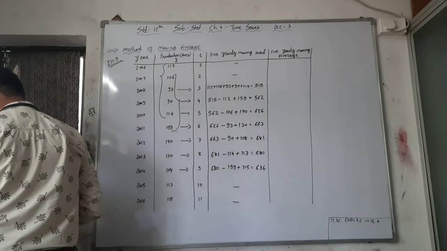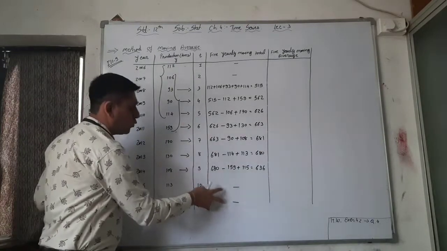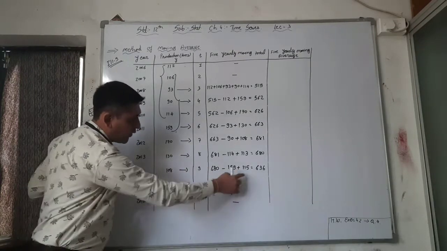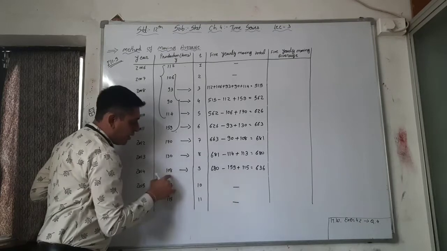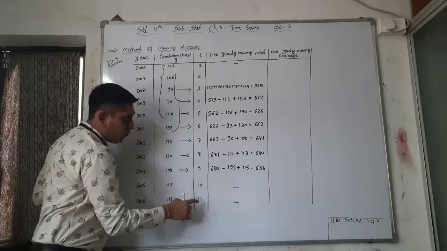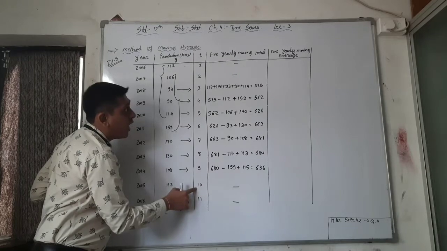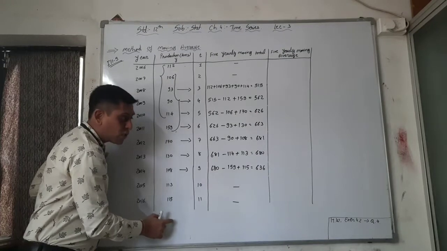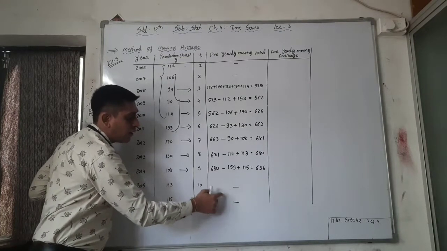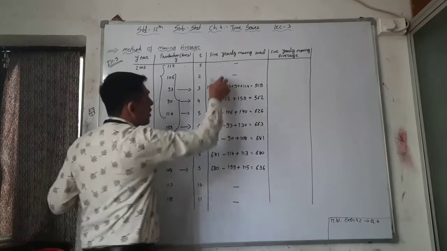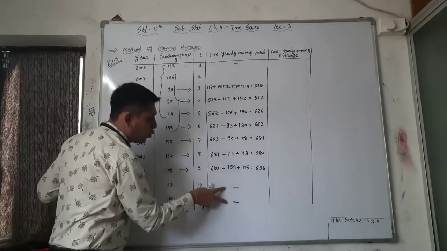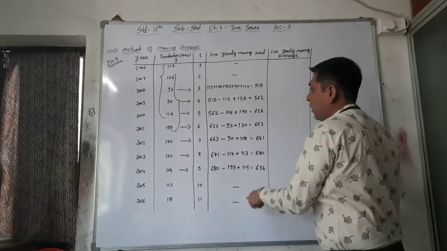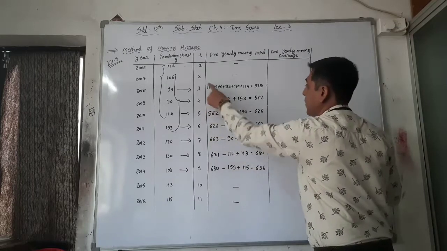Okay, and for the last two, we cannot find out the average of these two because we cannot add. See here, 115 is the last amount which we are adding in the 9th year. That's why if we have to find out the 10th year's 5 year moving total, we would have to add one amount which we haven't got. That's why we cannot find these 2 years, and we have to write dash in the first two and the last two. So the 5 year moving total of the middle 7 years is given here,